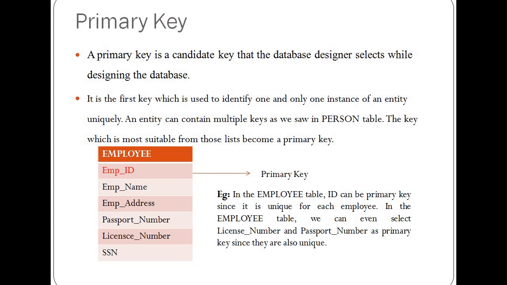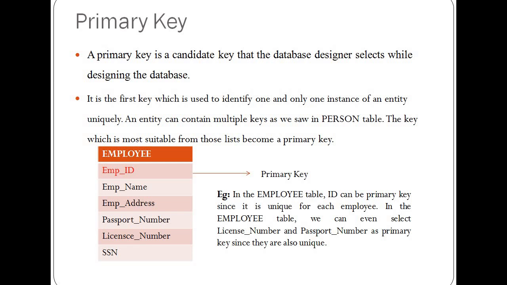We have some more rules for defining the primary key. Two rows can't have the same primary key value. It is a must for every row to have a primary key value. The primary key field cannot be null. The value in a primary key column can never be modified or updated if any foreign key refers to that primary key. I think it's clear to you. Let us see an example, represented in a pictorial representation.